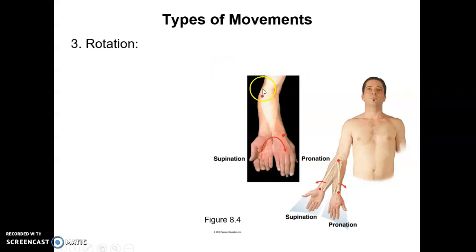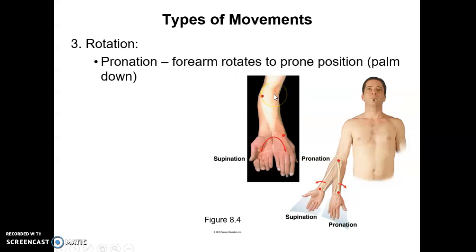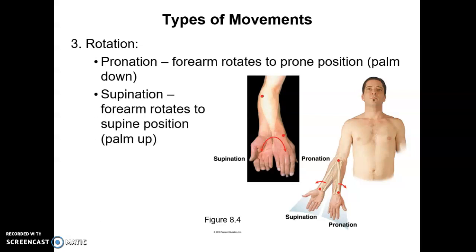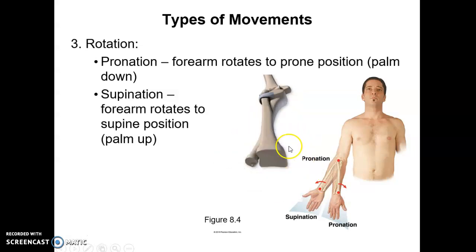More rotation, this is at the elbow. Pronation and supination. With pronation, you move the forearm such that the palm is down or the palm is facing backwards if you're in the anatomical position. And then supination, you're putting the palm, the forearm into the anatomical position facing forward. And in supinated position, or when you supinate, the radius and ulna are parallel to each other. When you pronate, the radius rotates over the ulna. Like so here, this little diagram,